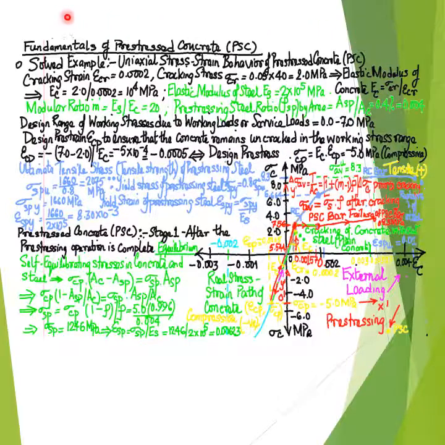Therefore, proceeding to the solution of the illustrative numerical example presented in the previous slide, referred to as the solved example in the current slide, we will attempt to plot the uniaxial stress strain response of the pre-stressed concrete bar,